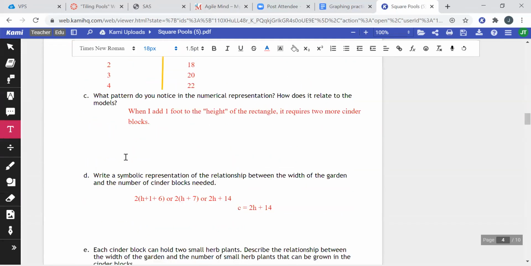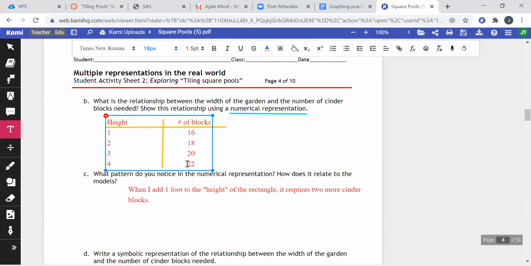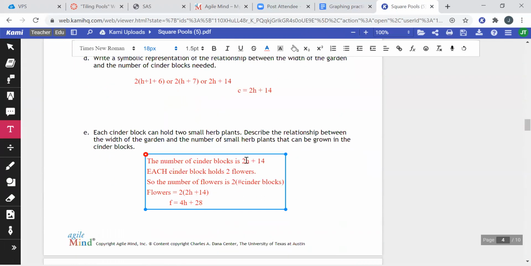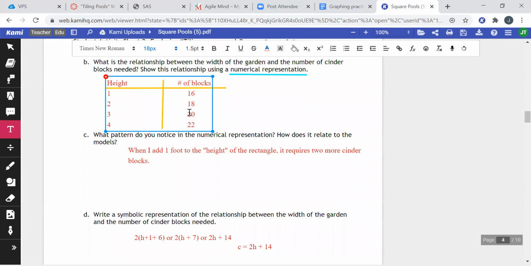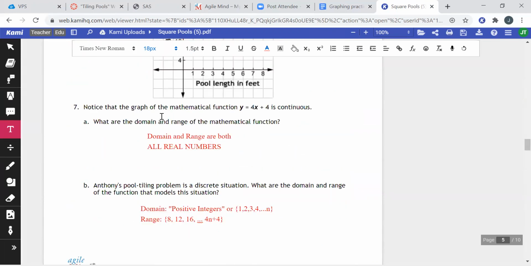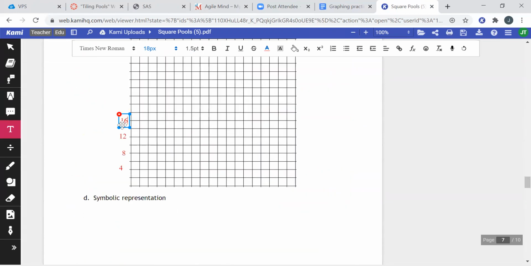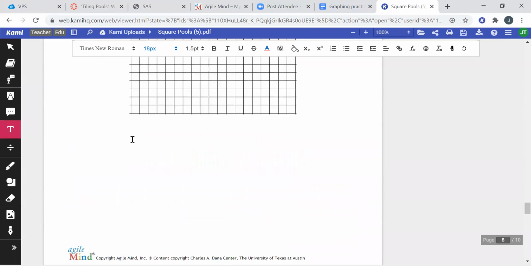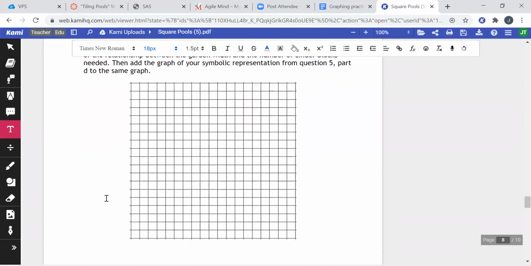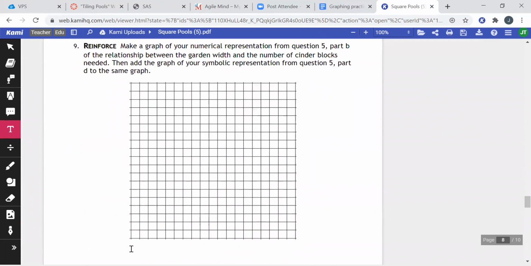So I noticed that the number of cinder blocks goes up to 22. The height goes up to 4 so far. I'll have it count up to 5, and I'll have this guy count up to about 30. So x's will go up to 5, y's will go up to 30. That way I'll hold all of the numbers nicely. And I like that it counts by positive numbers. All right, so we're going to have